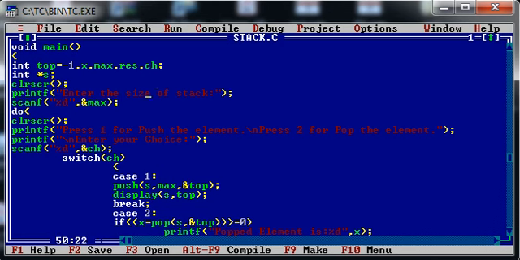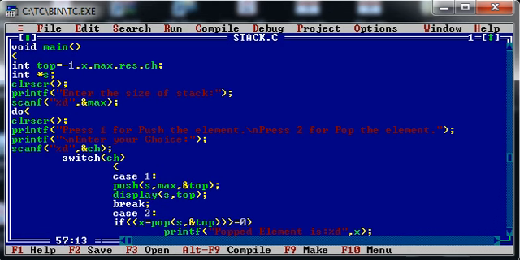Now, in the first step, here you can see I have taken a dynamic integer array. Instead of that, you can take a static integer array with a fixed size. But I'm asking the user for the total number of elements to be stored in the stack. That is why I have taken the pointer s. So initially I'm asking for the size of the stack, then I will display a menu.